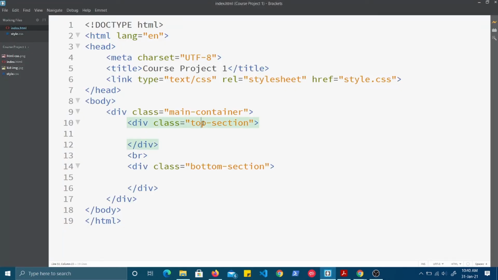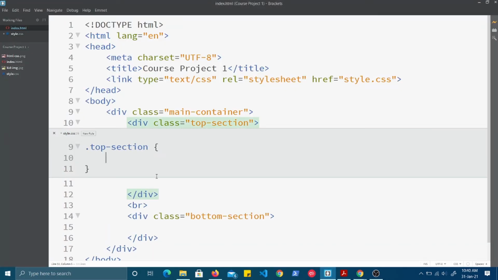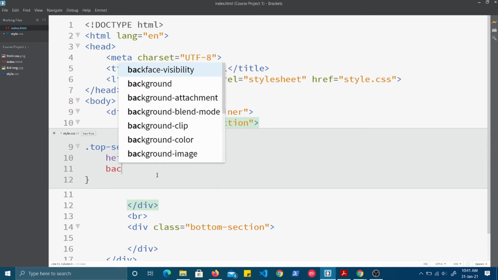So again what we have to do is give the top section a vertical height, as much of the vertical height as you want to consume. Here I can use a percentage. Normally 80% is used by the top section. So I can give the percentage, and I will give the background color